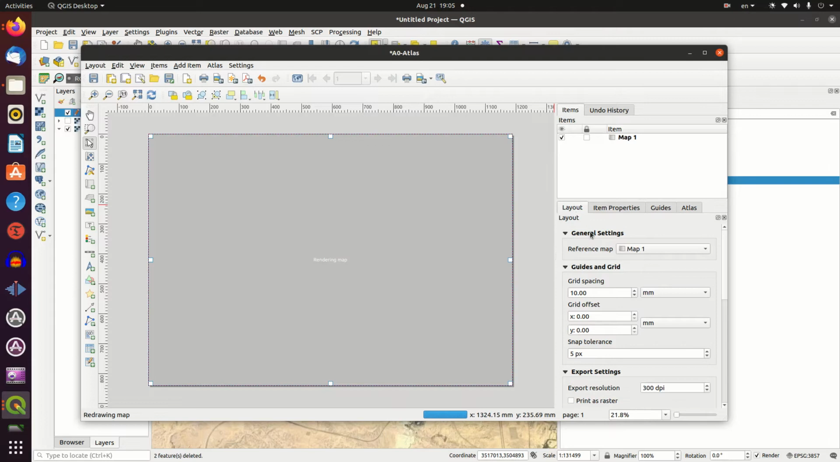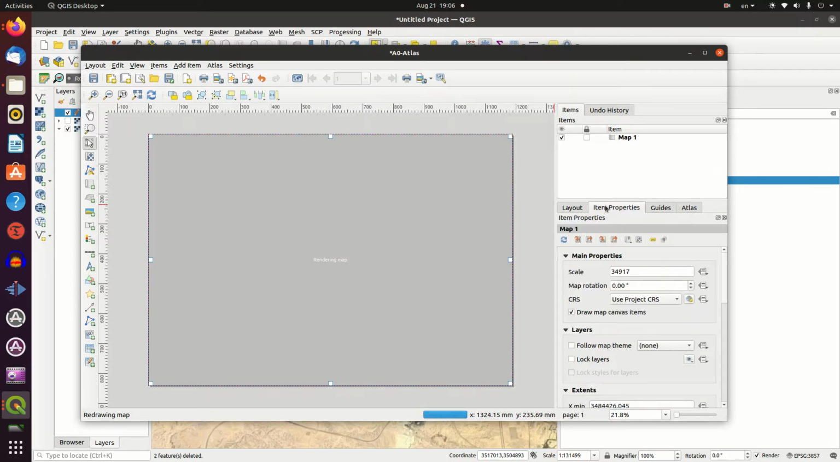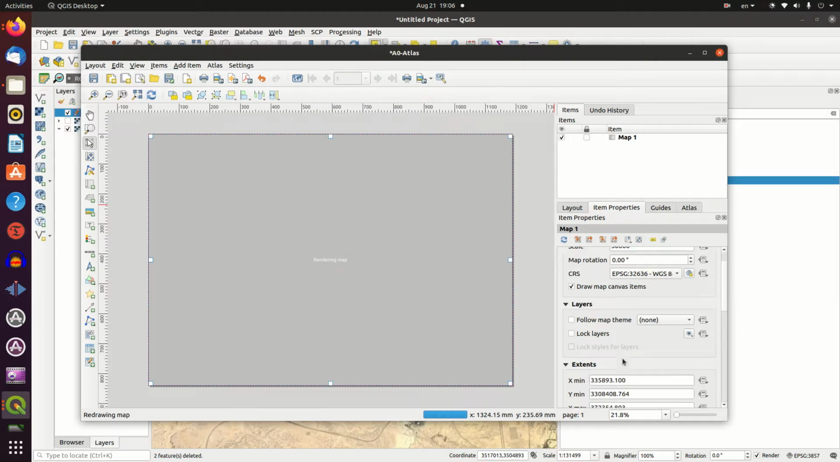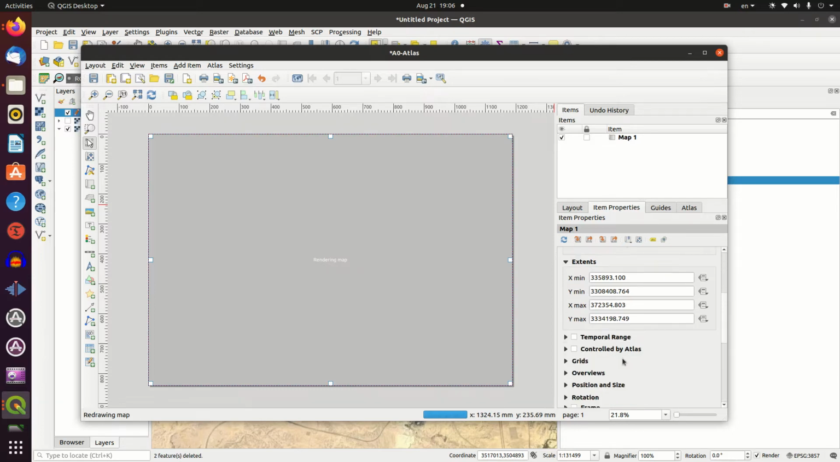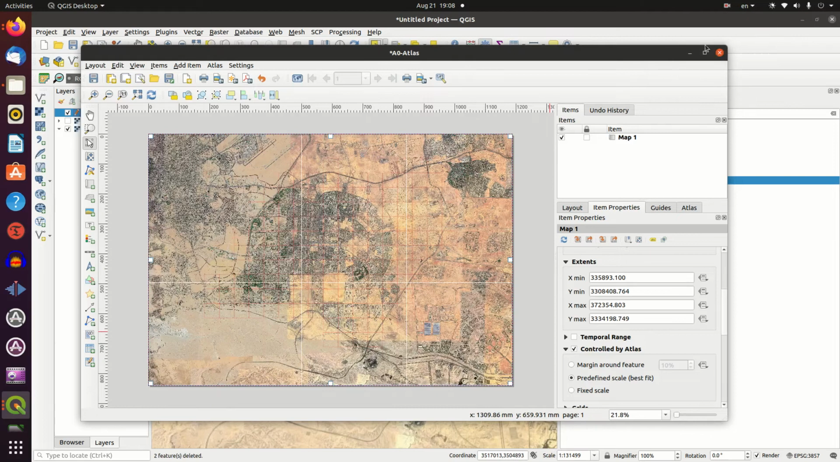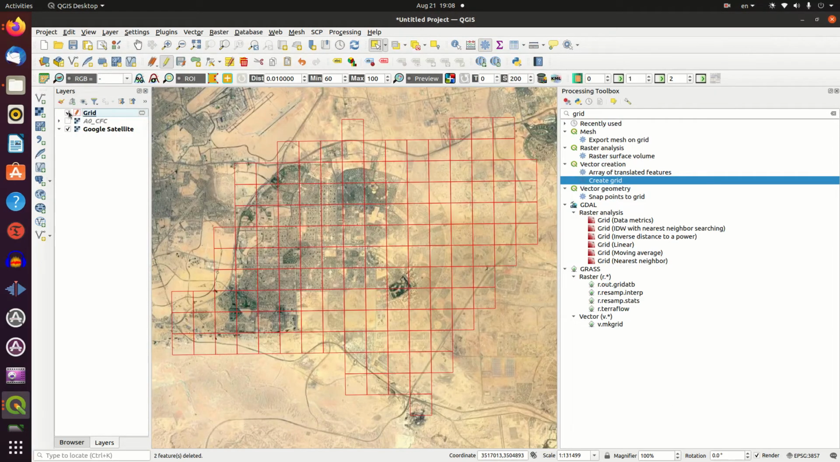Now I need to make sure that I'm using the proper projection. The other thing is I'm going to make it controlled by Atlas, say predefined scale. So this is the image. Now I want to do something very quick. I want to, well, first let me just